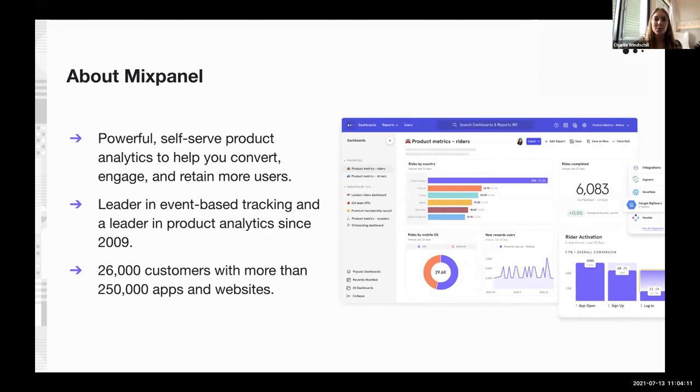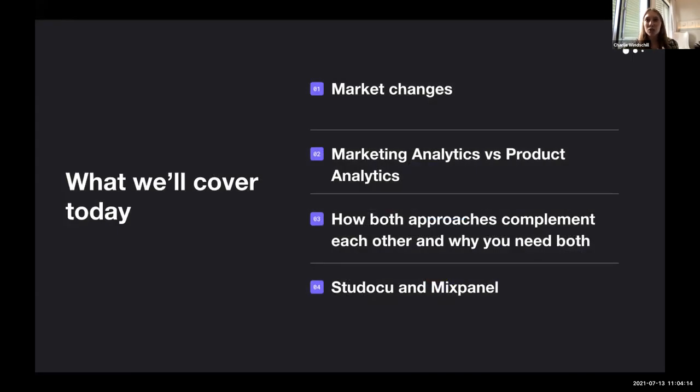We're very excited to bring you this conversation today, which seems to be a very hot topic with many data-driven teams out there. So we've got a lot to cover. Again, we're going to be exploring some of the market changes that are driving the discussion around the need for making data-driven product and marketing decisions. And we'll explore some of the key tools as part of your data stack that are commonly misused, but equally important, marketing analytics and product analytics. Apart from just covering the differences, we'll also explain how you need both tools and why the approaches complement one another. And then last but not least, we're going to bring some of these ideas to life with our friends from StuDocu who are going to share their analytics story.